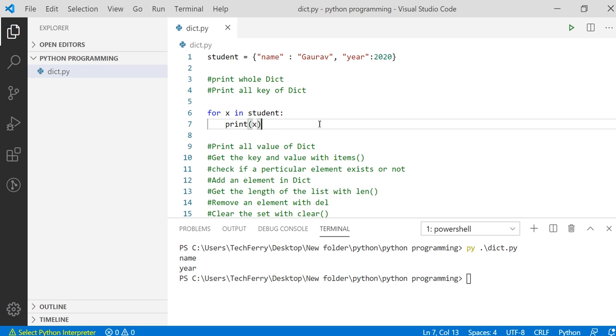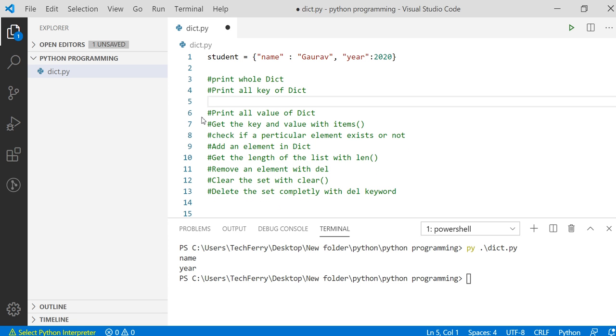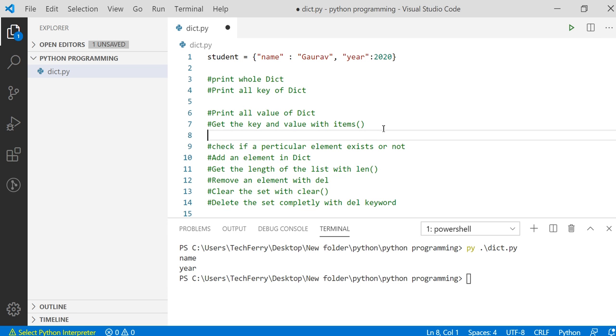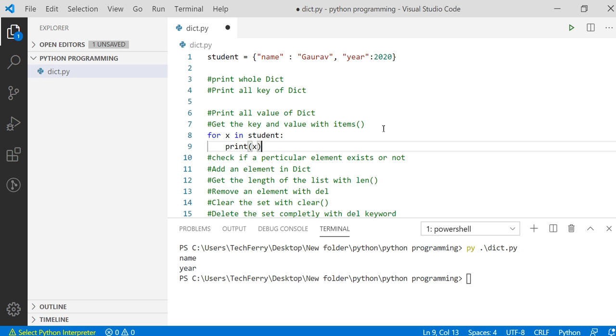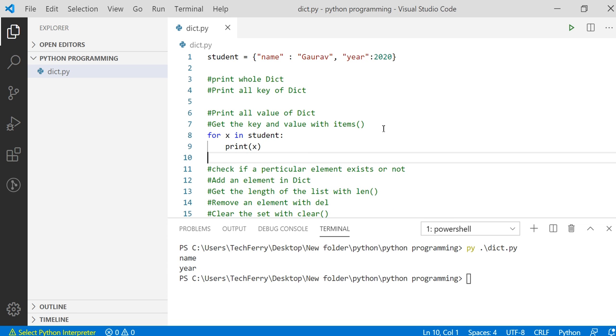Now we are moving to the next point. We have covered this already. Now we have one more thing: we can print the values like this. Suppose we want to print the key and value both. In that scenario we have to take two variables, because we want to print x as well as y. So I have to write for x, y in student.items().